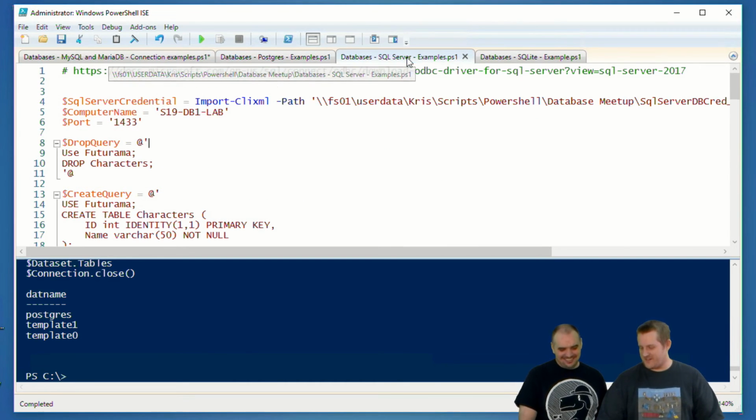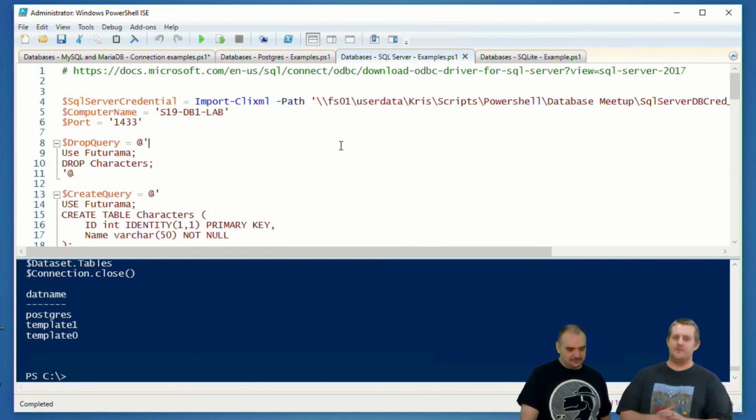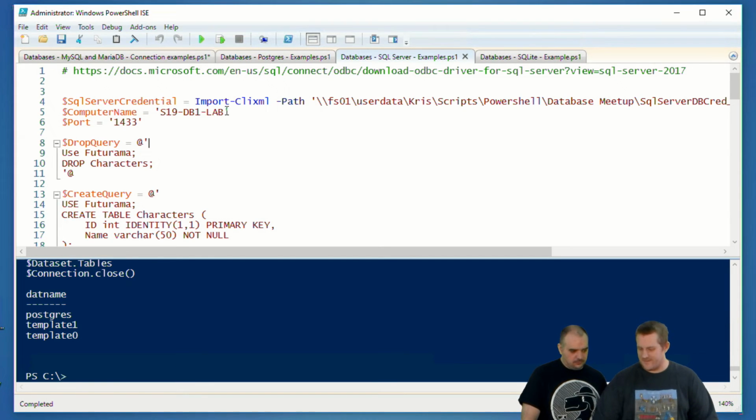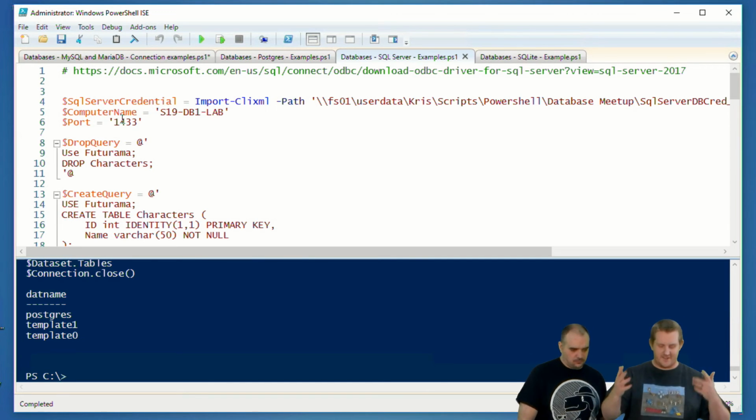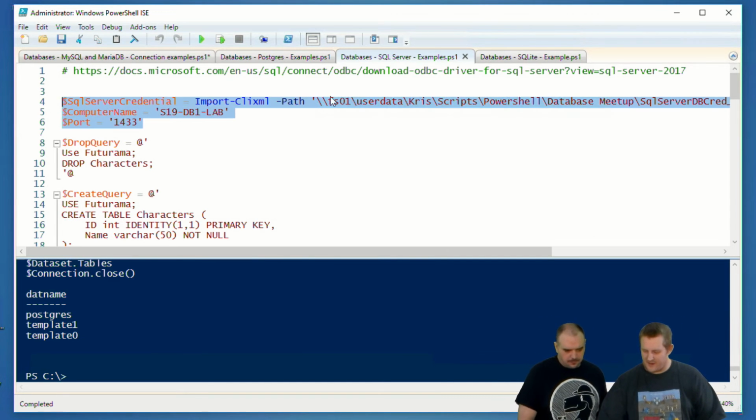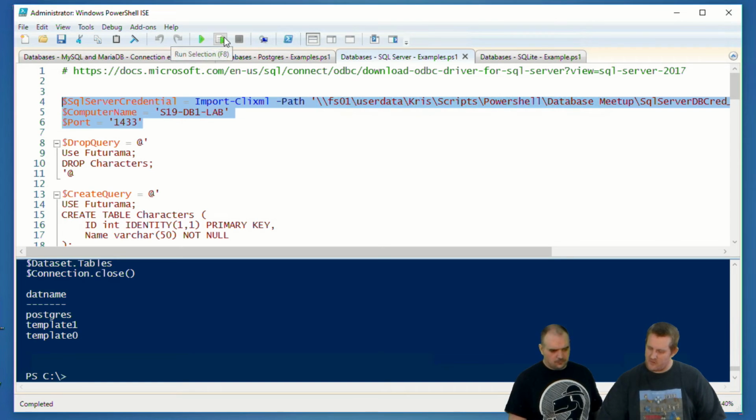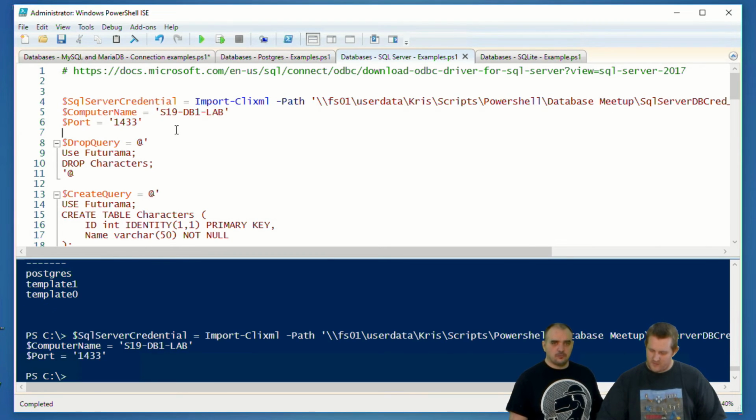All right, moving on to SQL Server. This is a big one. This is my personal favorite. It's also what I cut my teeth on as a new IT person. I started out my life as a DBA butterfly, so I went and grabbed the ODBC driver for SQL just to show you that even though this is SQL Server, the same syntax applies for both Postgres and SQL Server here. So I'm going to get this information, import my credential, define my computer name and port, and then